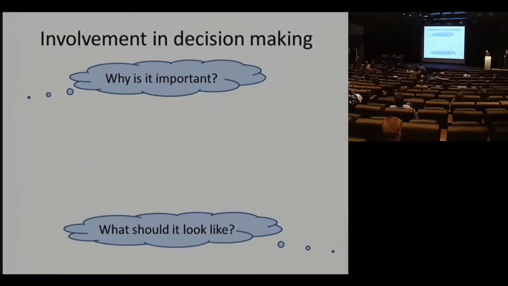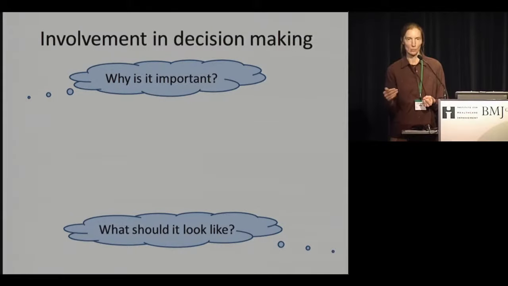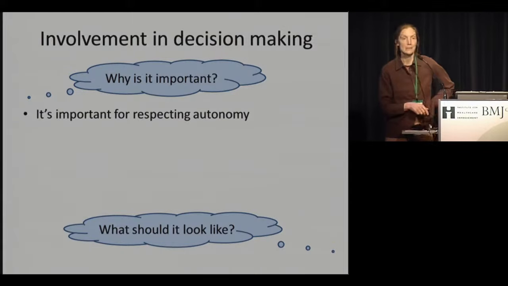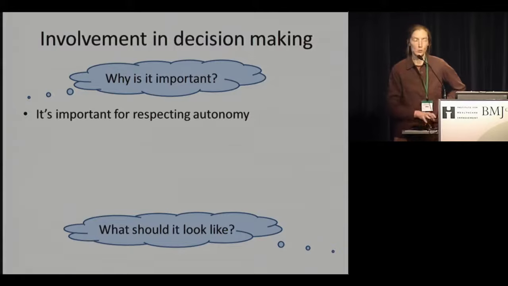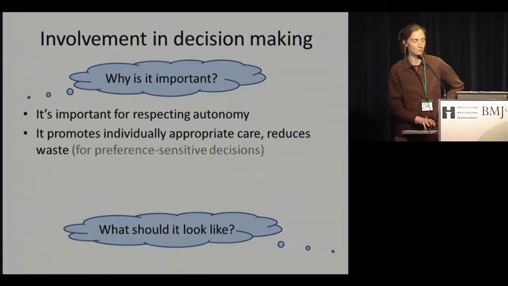So if we start with thinking about, why is patient involvement in decision-making important? The general principles that we had on the previous slide, for why involvement is important in any kind of context, start to suggest some answers. Some of the common reasons we hear for thinking that it's important to involve patients in decision-making about their own healthcare is that it's important to respect people's autonomy. That maps onto that first general thing. It's generally the right thing to do.